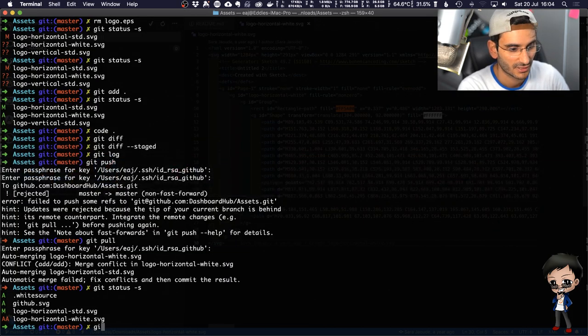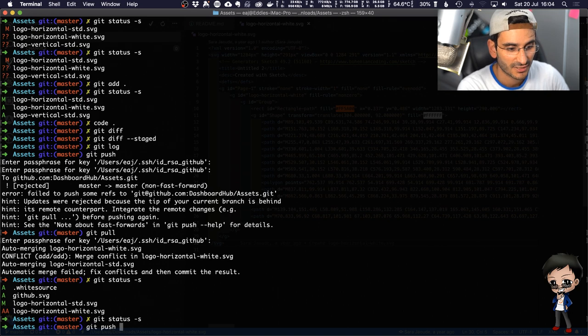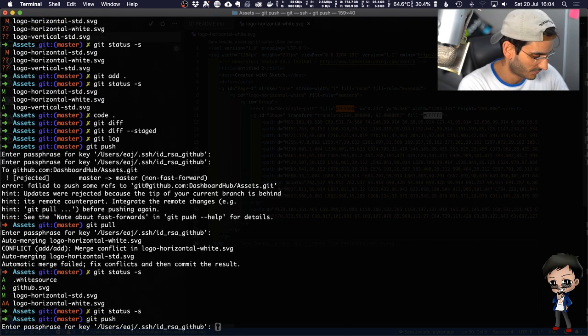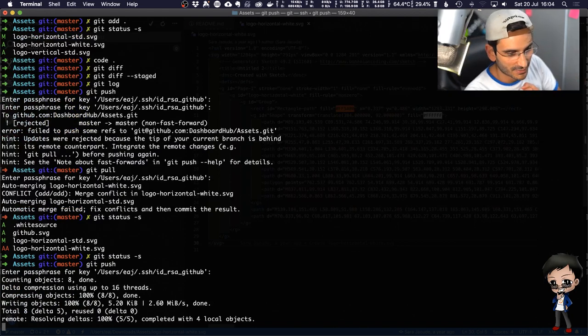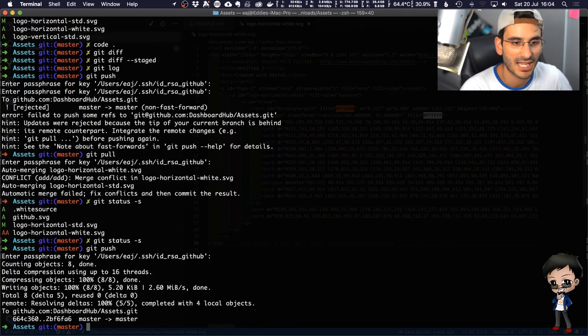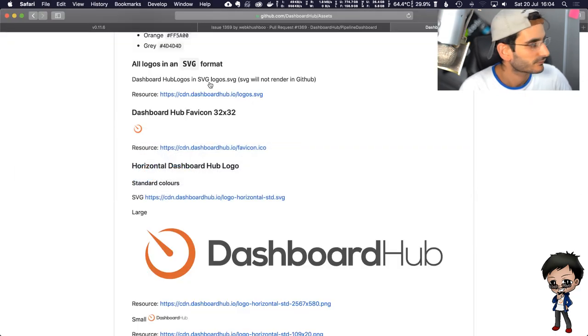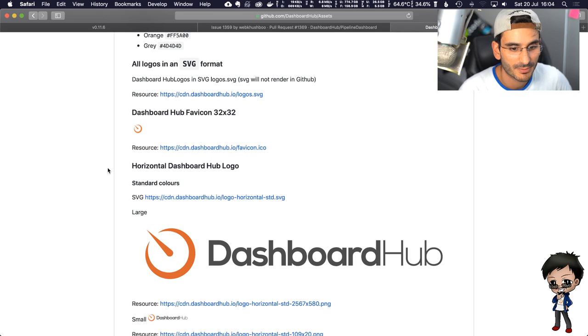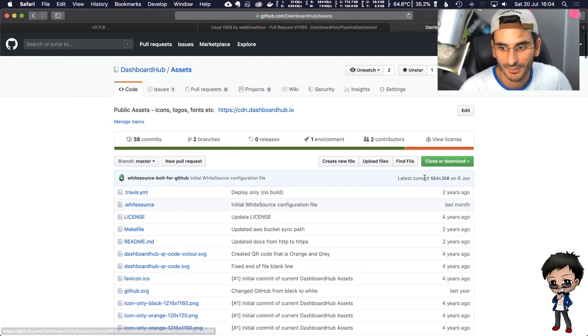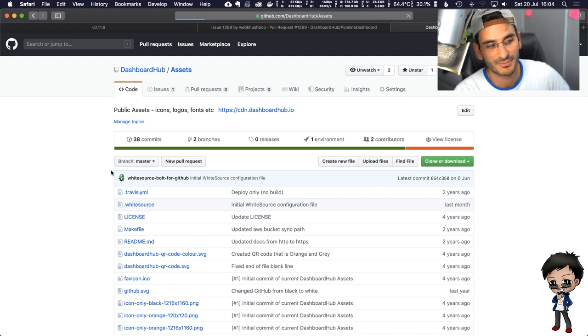Hopefully now we can push it up and we can get more into some code. Let's have a look. If I do a git status, should be nothing here. Do a git push. Let's do it. Hopefully it goes up. Bam! Yes. Okay, so now if I go to the GitHub repo, the last commit was 6th of June by this bot that I added. Ignore that for the moment. If I refresh it, it should update to be mine.